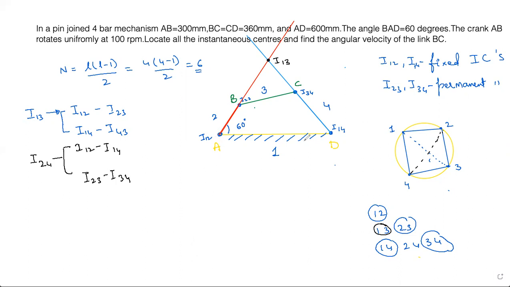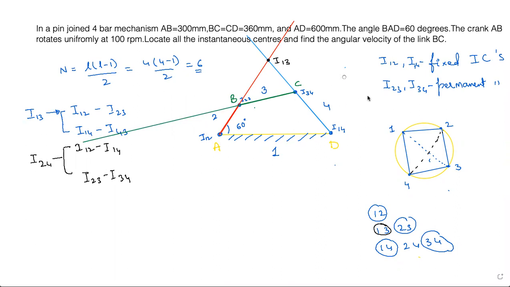I12 and I14 is on the bottom, you can see this. And I23 and I34 is on the top, you can see that. Just extend those lines. Now I'm going to extend the lines 2, 3 and 3, 4 in this green ink. Yes, it should be along the line itself properly. Is it along? Yes, it is along.